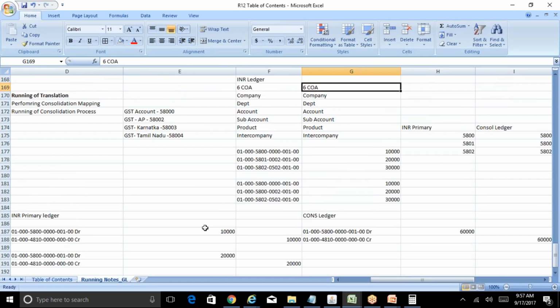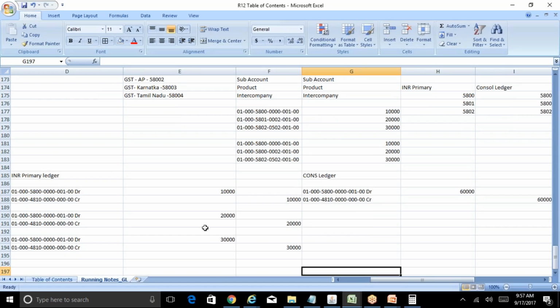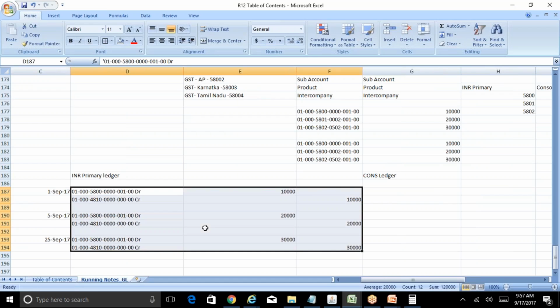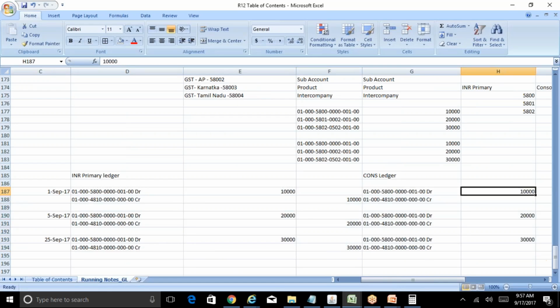You can decide how you want to do the mapping, whether you want to map 3 segments of the primary to 3 segments of the consolidation or whatever it is. The only condition is with regard to functional currency. You should not see any practical difficulty where the chart of accounts being different means you will not be able to use the transactions method. Let us assume in the consolidation ledger there are only 3 segments. You can still go ahead with the transactions method, and there are only 3 segments in the consolidation ledger, so what will happen is,